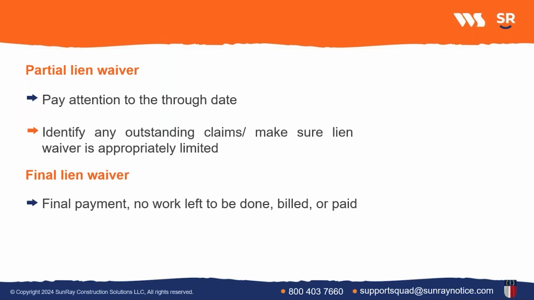So like Luke said, the two permissible types of lien waivers would be partial lien waivers and final lien waivers. And a partial lien waiver is signed when in receipt of progress payments, like Luke said. So when a party issues a partial lien waiver and then is going to file a claim of lien, they're limited to doing it for services or materials furnished after the date of that partial lien waiver.